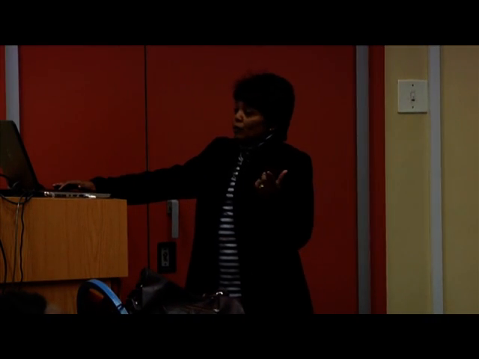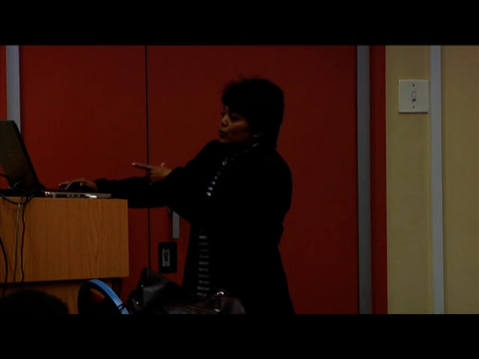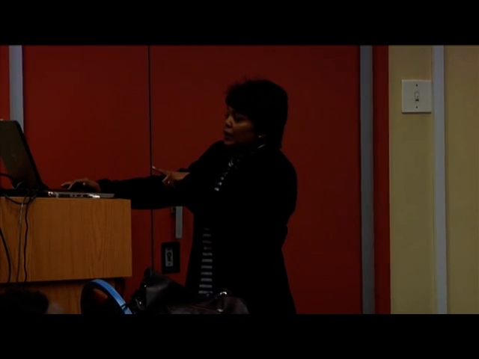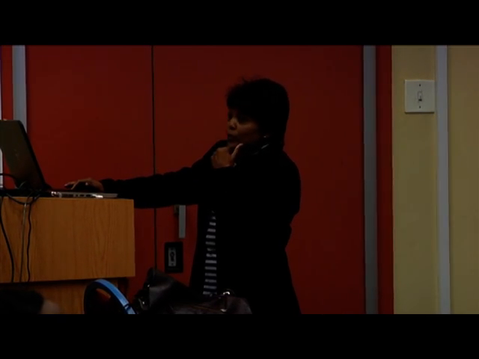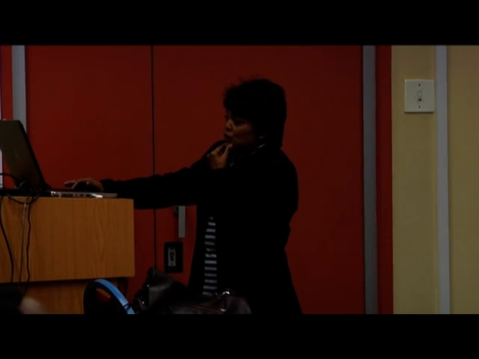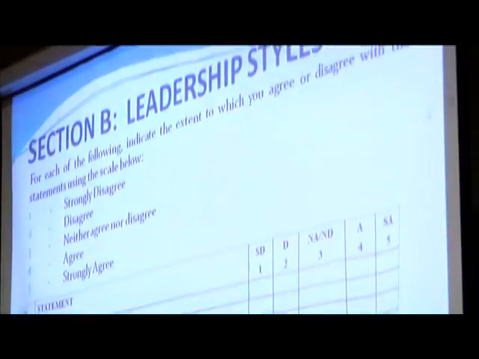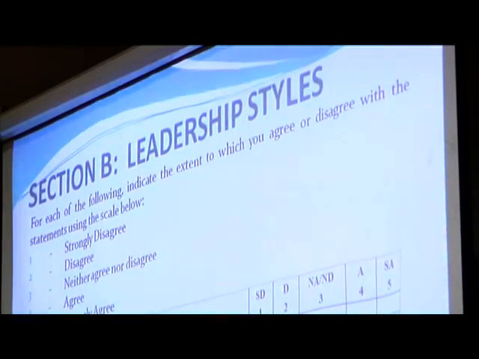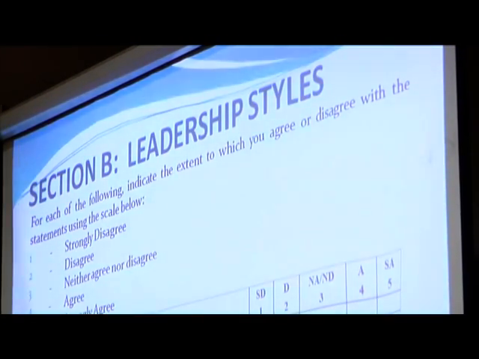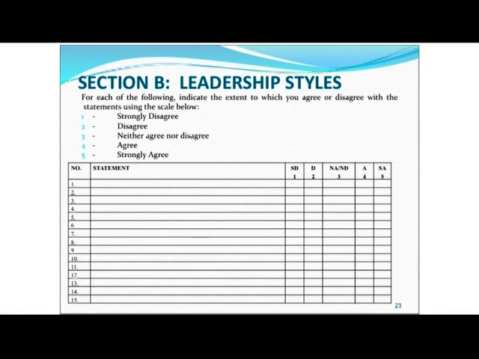Now, the questionnaire design is a direct link into, just to give you a sense, this is what your questionnaire would look like. Section A, biographical data with your pre-coded items, and section B, which relates to leadership styles and how you would divide. That's if we went ahead and did the exercises, we would have had the statements in there already. Okay. The questionnaire leads us straight into data analysis.